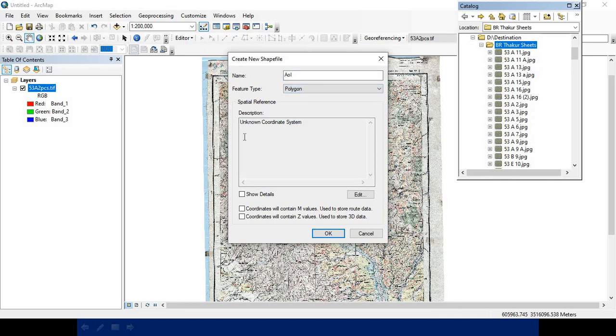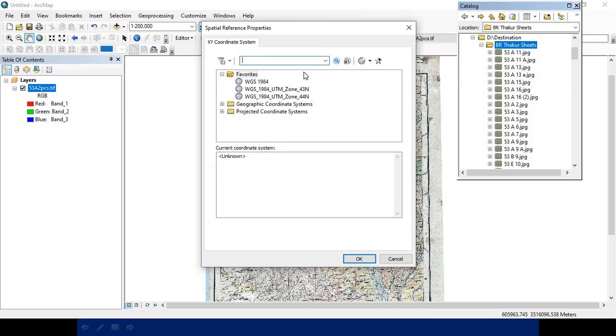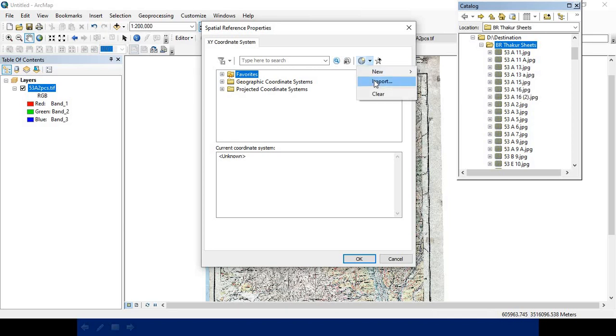And here you would see that spatial reference properties are unknown, so you can add the spatial reference properties from the geographic coordinate systems or projected coordinate systems. But since this is a georeferenced image, you have to import the coordinate values.